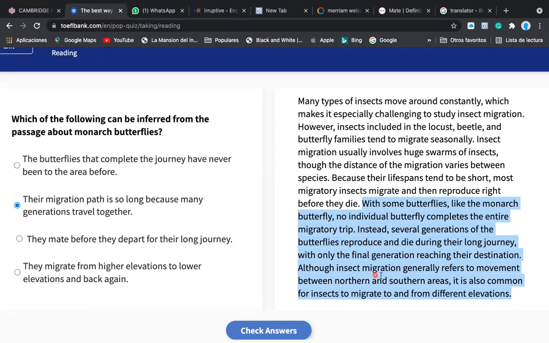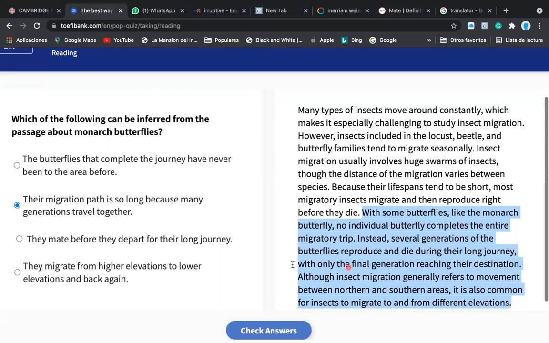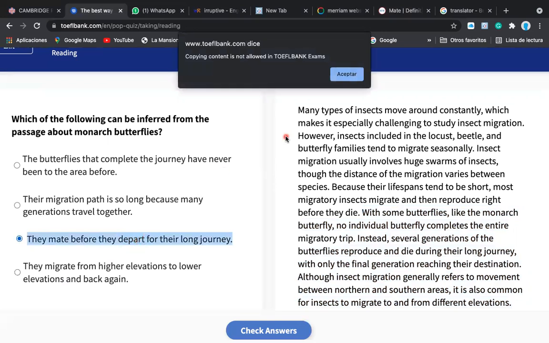Although insect migration generally refers to movement between northern and southern areas, it is also common for insects to migrate to and from different elevations. With the monarch butterfly, no individual butterflies complete their entire migratory trip; instead, they live and die during their long journey, with only the final generation reaching their destination. Okay, so this is they mate before they depart. For they mate, it's like